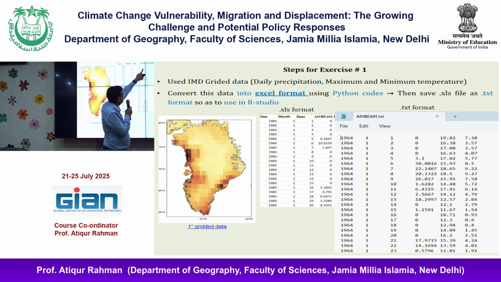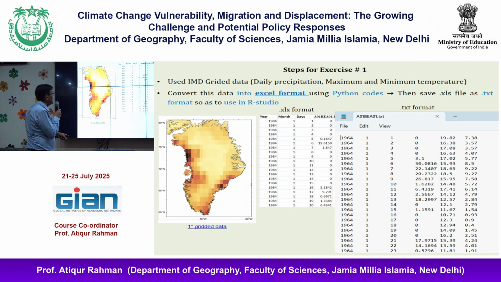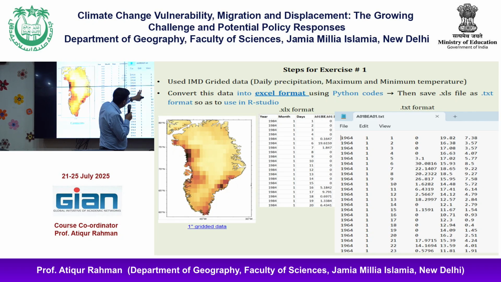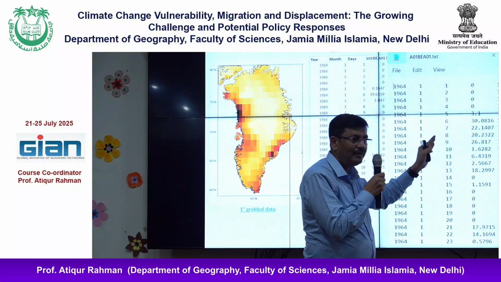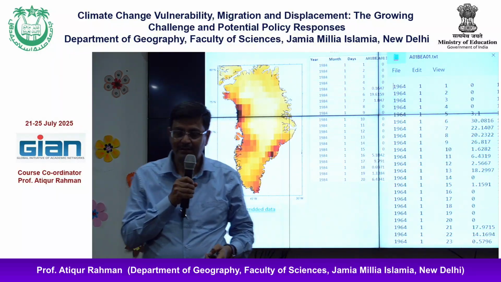And then what we have, these are the parameters, and this is the date and time. So what we have is how much rainfall has been recorded. Here you see, there is no rain on this day, there is some rain here, there is some rain here, like that. Then what we did, we converted this data to the text format, the last point what we have. 1984, it will get converted to this format, so from graded data to XLS format and then to text format. These are 3 steps.